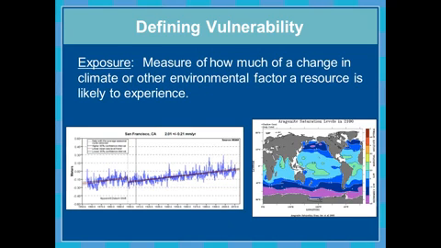And so to then go through those components of vulnerability, the first is really the most straightforward. It's exposure. And this is a measure of how much of a change in